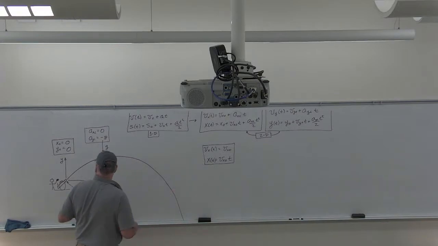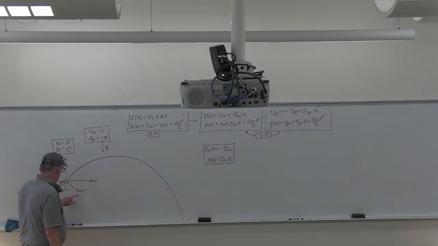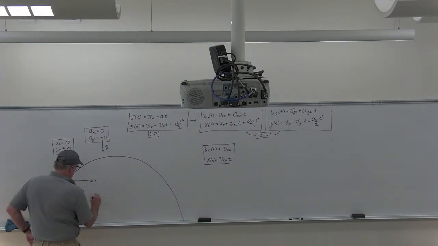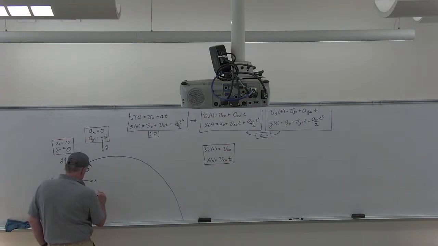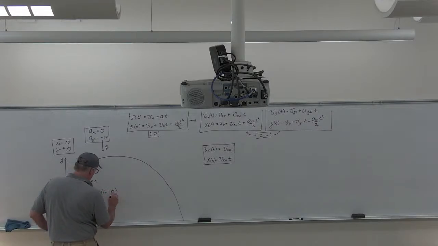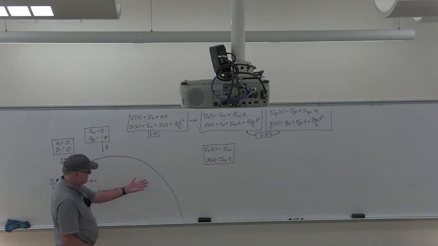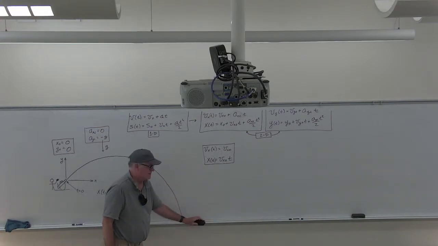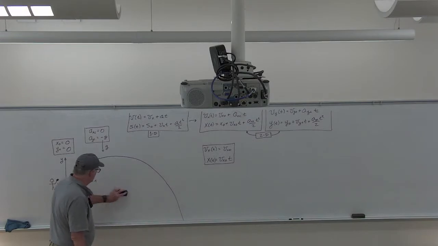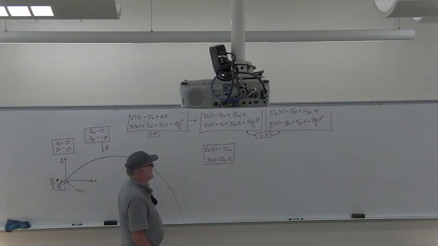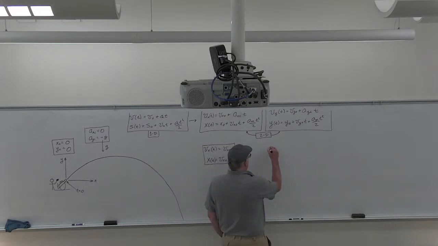Given that I place my ruler such that x at t equals 0 is equal to 0, I made things really easy for myself. You can make them hard for yourself if you want. I would not suggest that, but